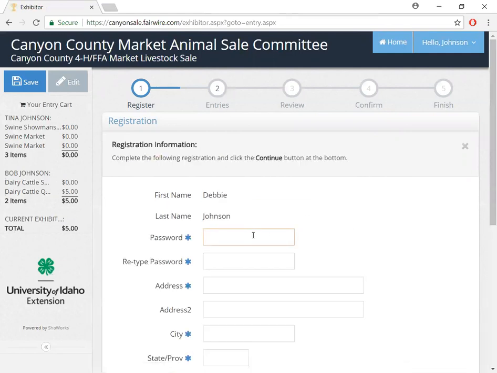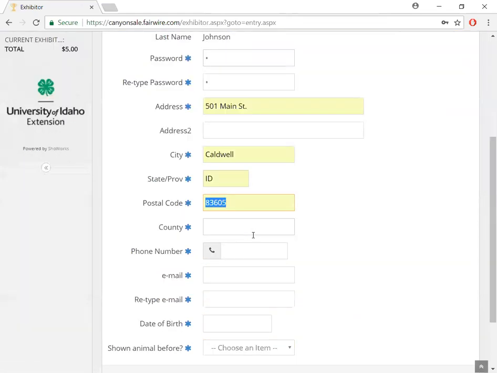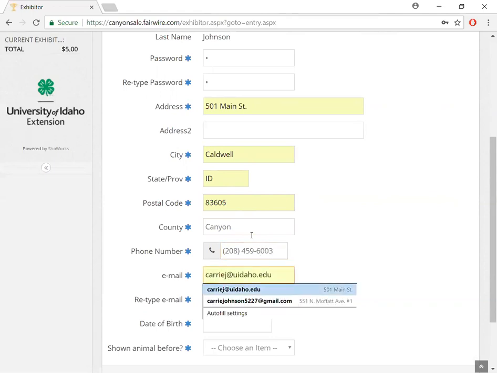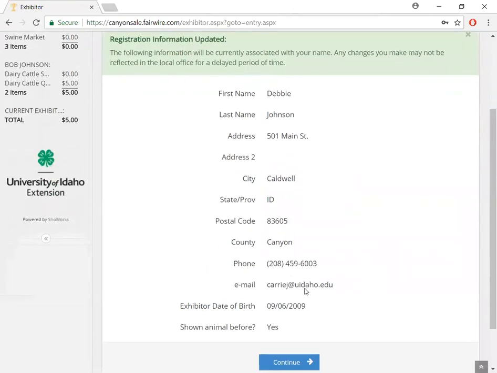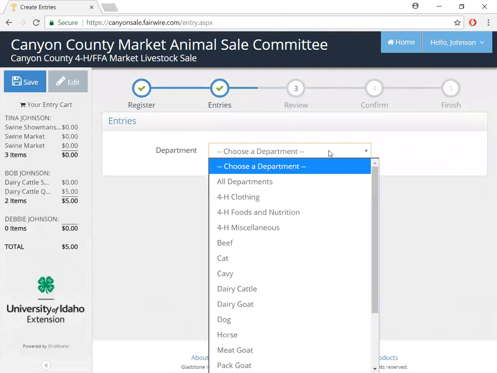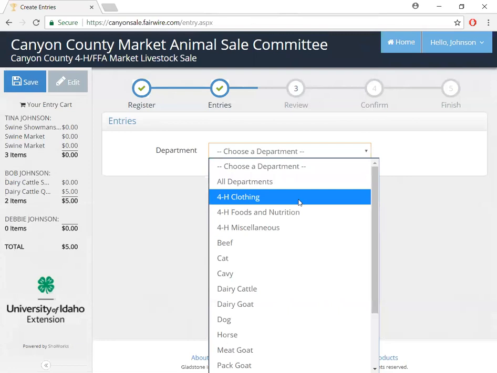All right. Again, I'm just going to use the same password for this example, but you can change all of this information if that's what works for the group you are entering. Okay. Double checking that information. So when you look at this drop-down list, you might notice that it includes things like